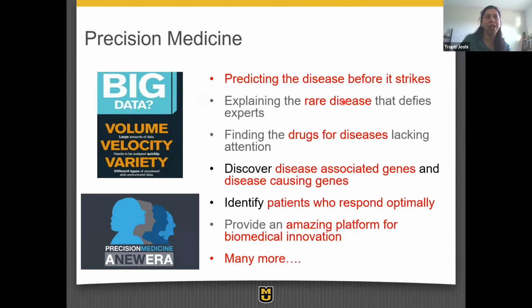We face similar challenges in trying to predict diseases and what are the genes or the mutations that are linked to rare diseases. How do we design better drugs and which patients might be better suited for treatment with a certain drug based on their genomic variations? How do you get a better understanding of patients who might respond optimally to these drugs without having side effects? Or how do you really build amazing biomedical platforms which can allow you to tap into entire clinical data sets, but not miss out on getting all of this genomic information?